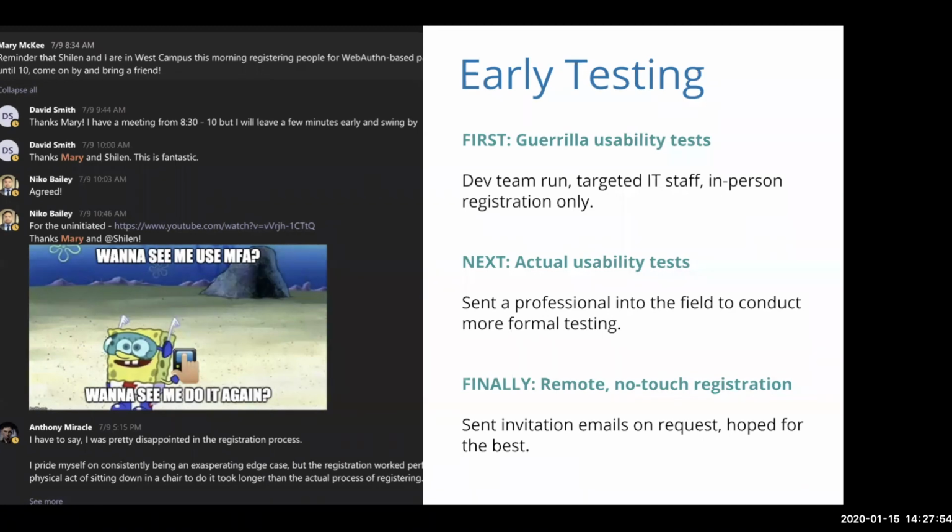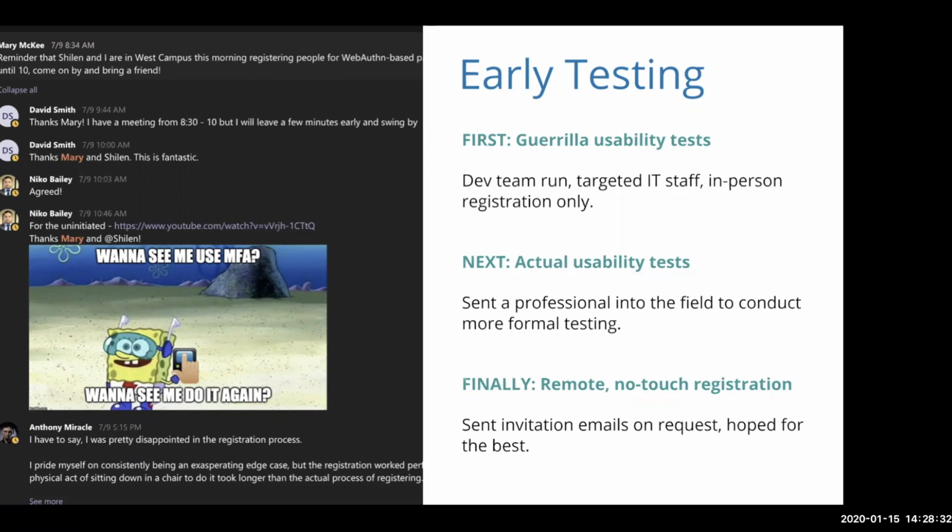One was, since this was a very new technology, the support for it was also very limited, especially when we initially rolled this out. And so we wanted users to either be in a situation where they can quickly register and quickly use the service and really love it, or quickly realize that the service wasn't ready for them. We wanted to make sure that users weren't spending a lot of time trying to use it just to figure out, after a lot of debugging, that it wasn't supported on their device. And second,